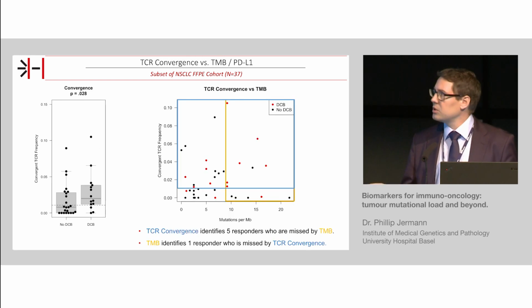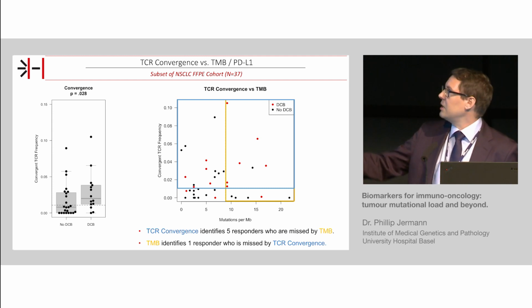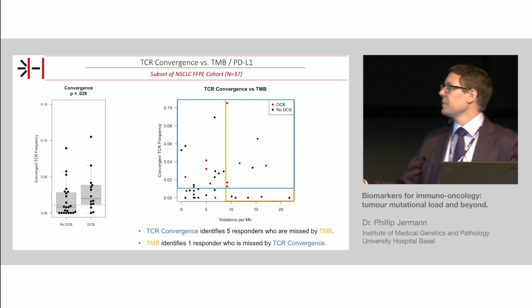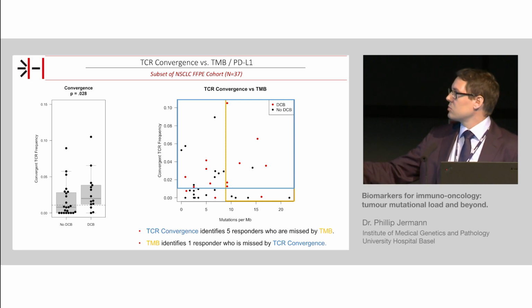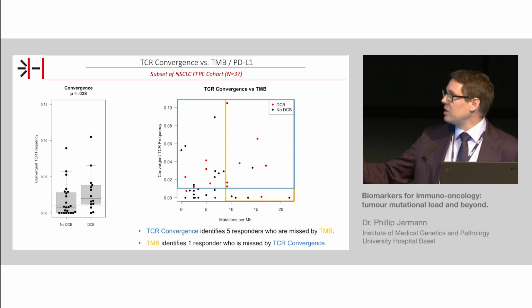Now, if we look a little bit more in detail, again, convergence versus TMB. Here on the x-axis, we have TMB, mutations per megabase. On the y-axis, this convergence score. The dashed lines indicate the TMB cutoff at 9. So now, if we look at this subset, looking at TMB, everything here in the yellow box would be considered TMB high. And we do catch some of the responders shown in red, but we actually miss